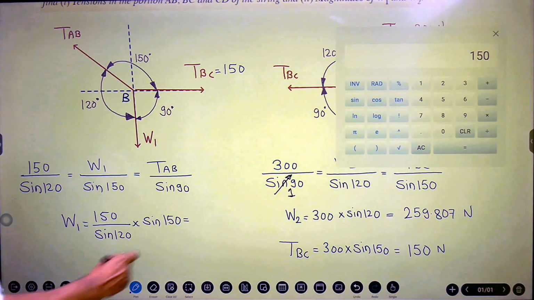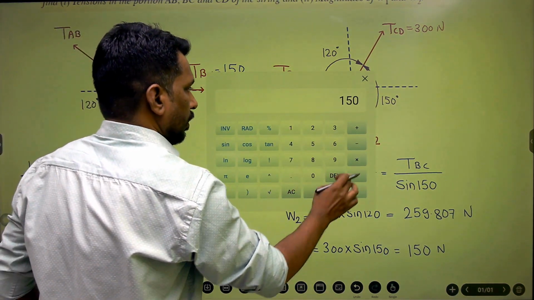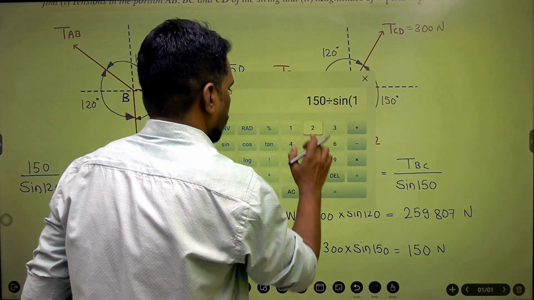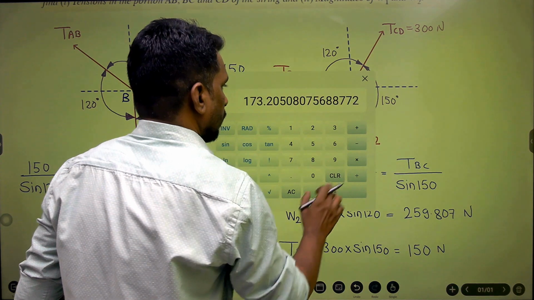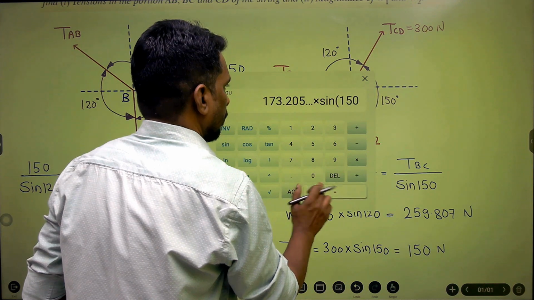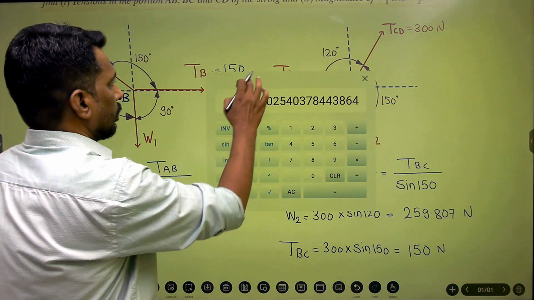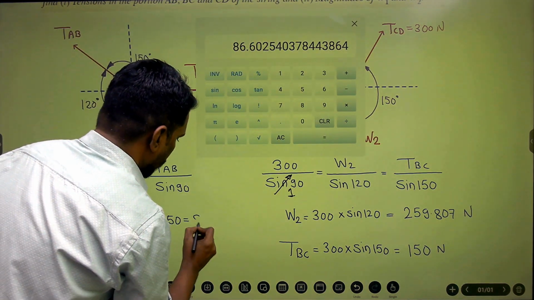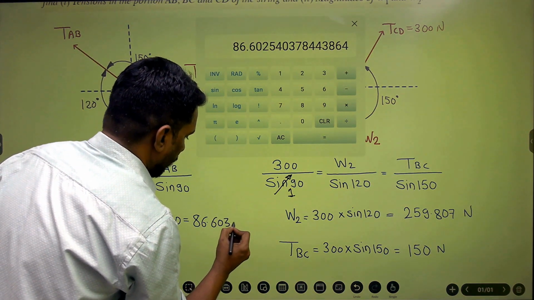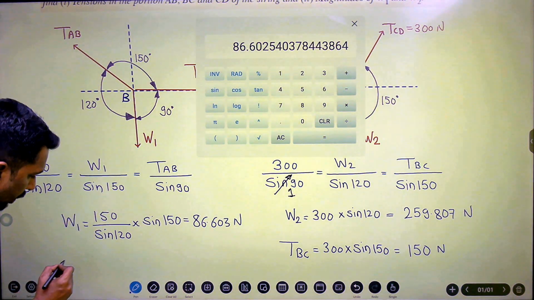So if you calculate this, 150 divided by sine 120 into sine 150, the answer is 86.602603 Newton. Okay, and for the TAB the equation will be